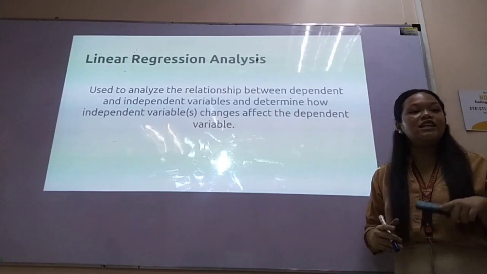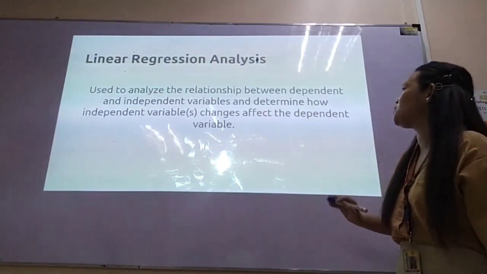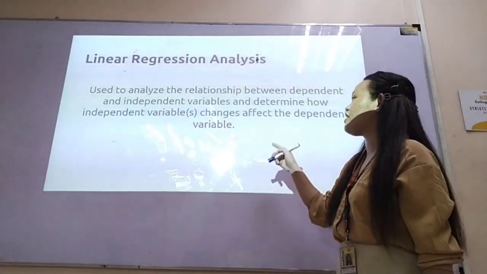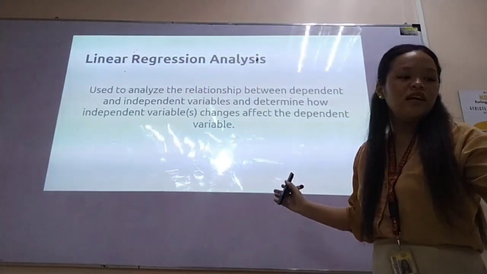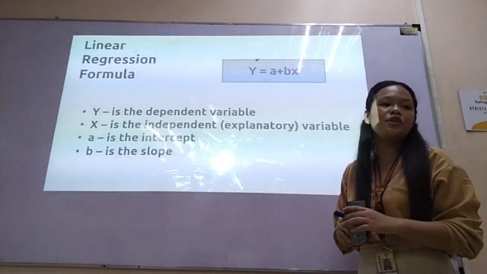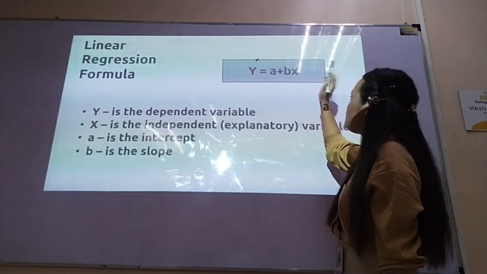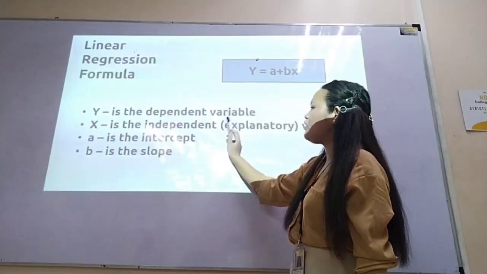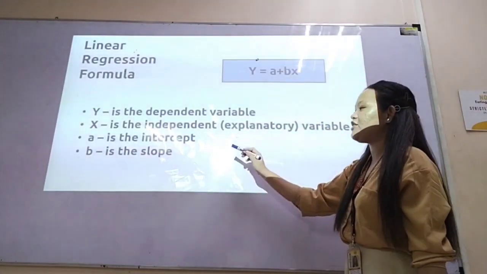The next topic, linear regression analysis. It is used to analyze the relationship between dependent and independent variables and determine how independent variables' changes affect the dependent variable. So this is our formula that we're going to use. Y is equal to A plus B multiplied by X, where Y is the dependent variable, X is the independent or the explanatory variable, A is the intercept, and B